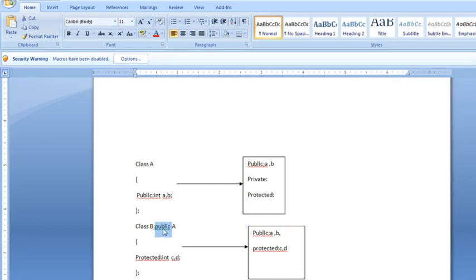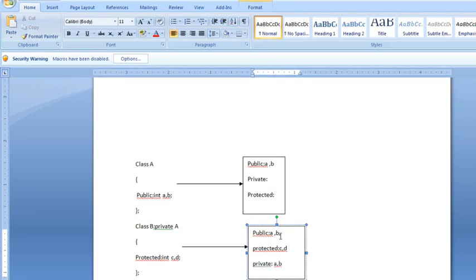If you have written public, all the properties of class A will become public properties of class B. If you inherit as private, all the properties of class A will become private properties of class B. So A and B will come under the private section when you inherit class B from class A privately.